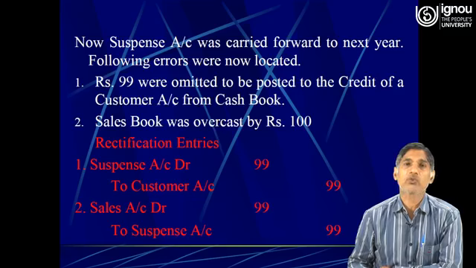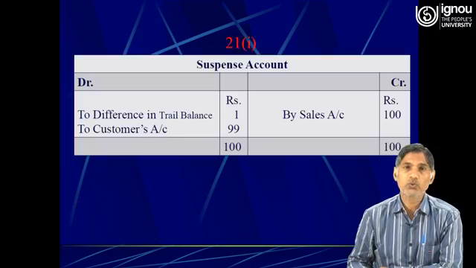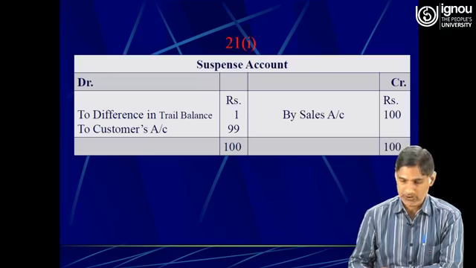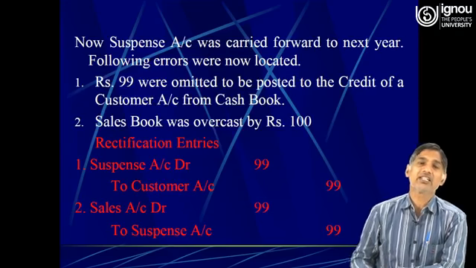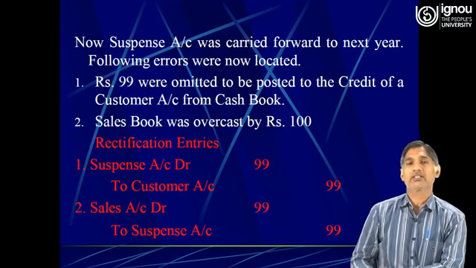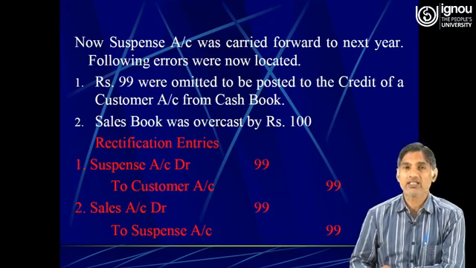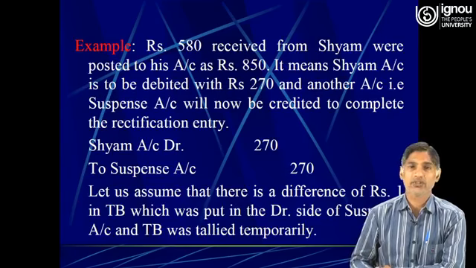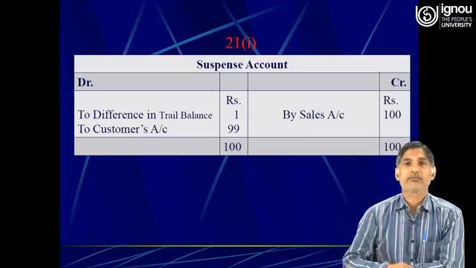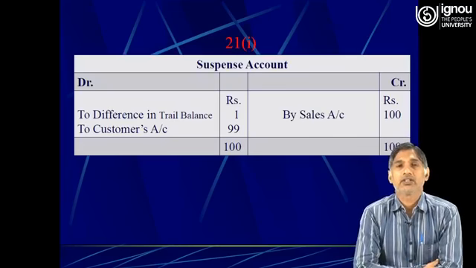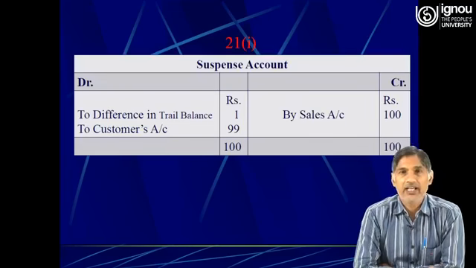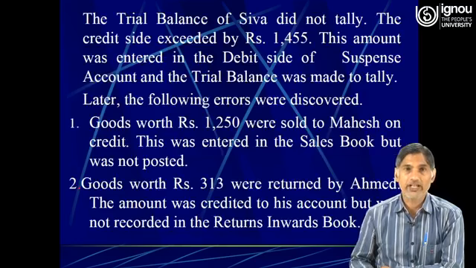Suspense account debit to customer 99. So in the debit side of suspense account, to customer 99 rupees, and in the credit side sales account debit to suspense 100 rupees. So in the suspense account by sales 100 rupees. So therefore the suspense account is tallied. Now the next one is,